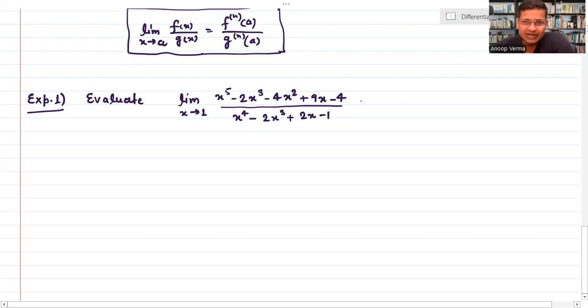So if this is a function f(x) and this is a function g(x), and if you